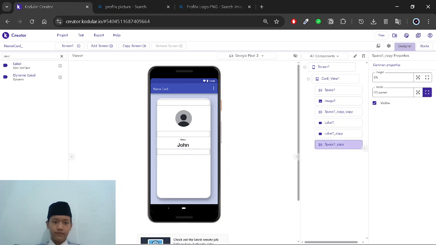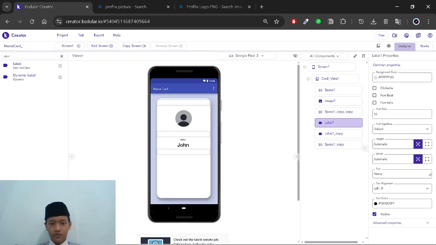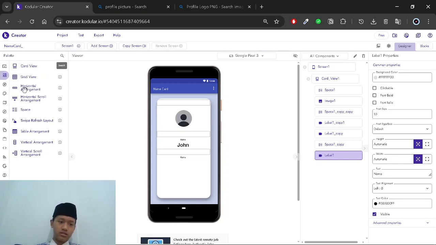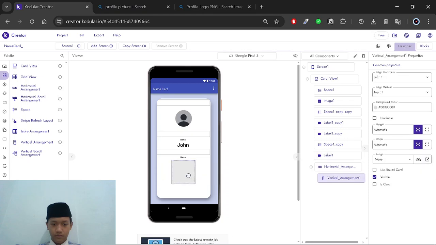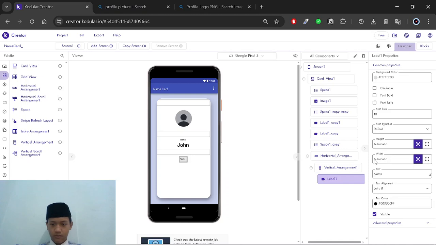And then we can make more of this, and we can add a new layout that is horizontal arrangement, and vertical arrangement. This will be inside the horizontal arrangement. And then we put S, C, H,